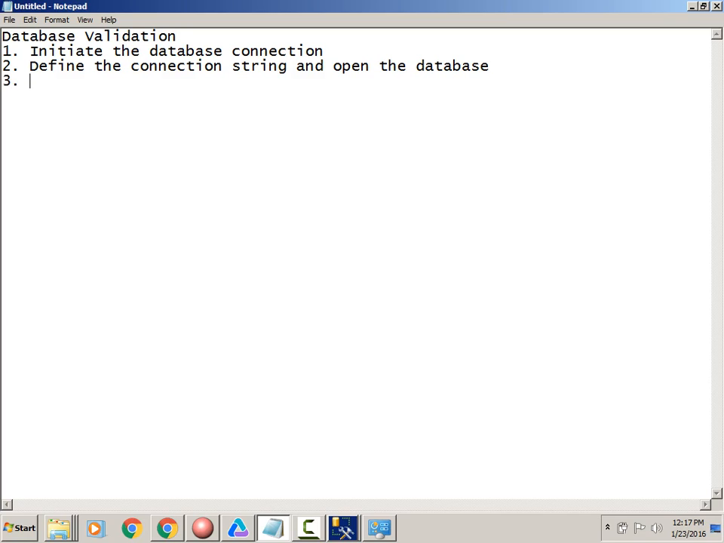Third step is define the SQL query. You may define or you directly provide when you are executing. Okay. Fourth step is